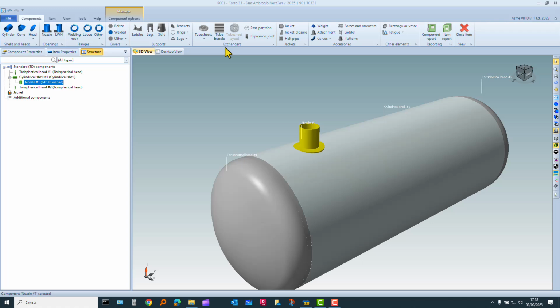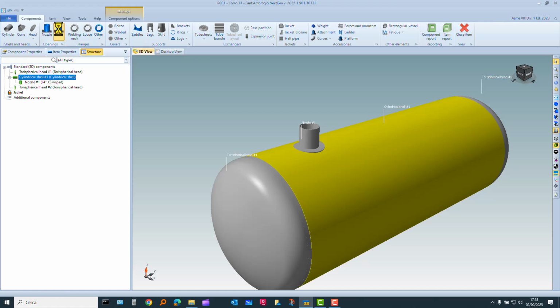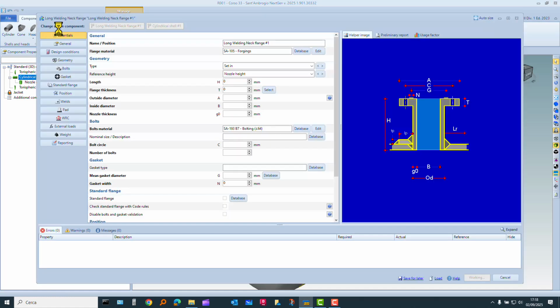Well, now we want to check if it is possible to make the same type of reinforcement using a long welding neck flange instead of using a pipe. So first of all we must select the shell where we want to place the long welding neck flange. Then we select the long welding neck flange, and we look at some decisions that have already been taken